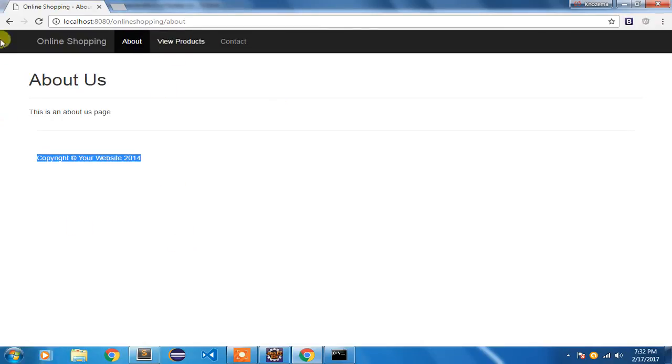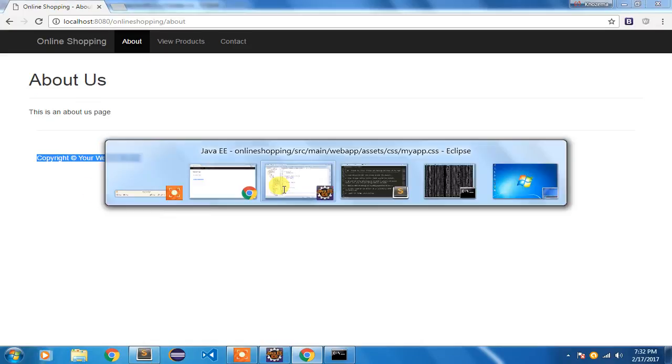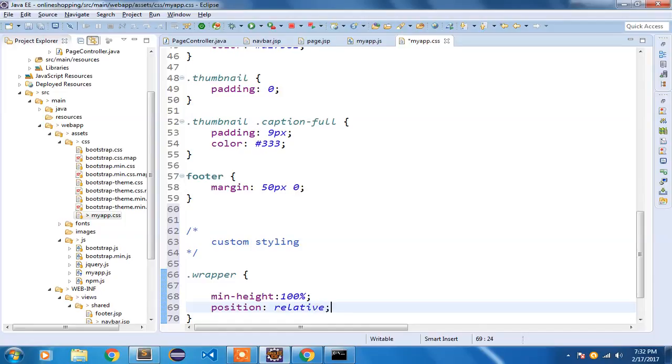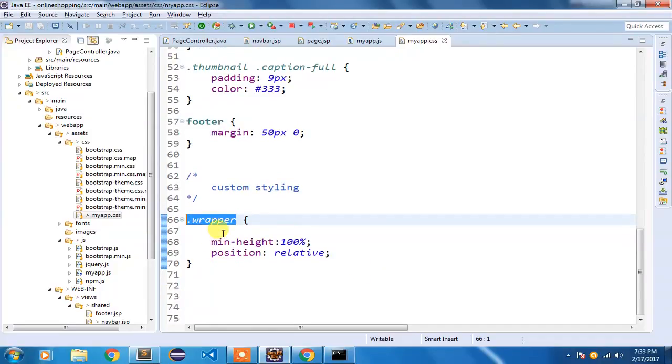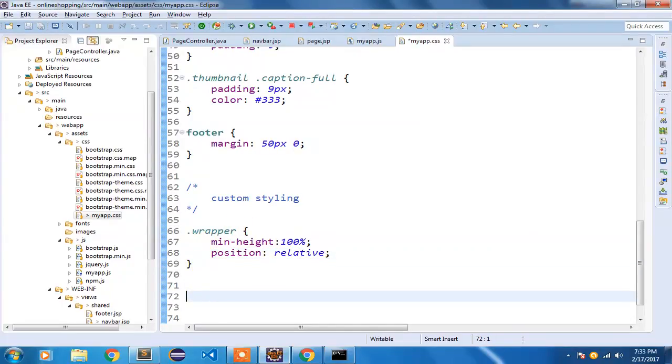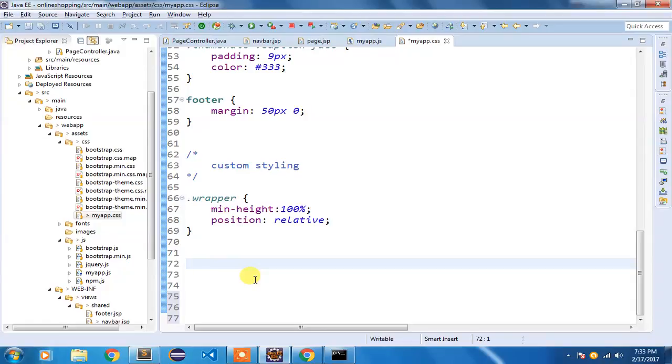That 100% will be calculated from your body, the body that is being used to display here. The next property that you are going to code is position, relative. Why are we using position as relative? So that inside this wrapper, if I want to position any element at any location, I need to use this property called relative.